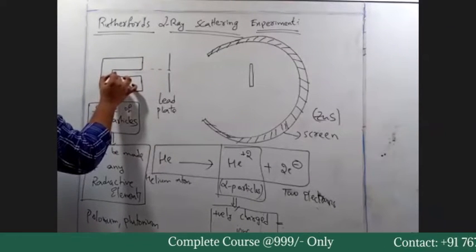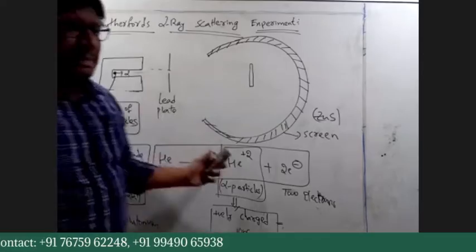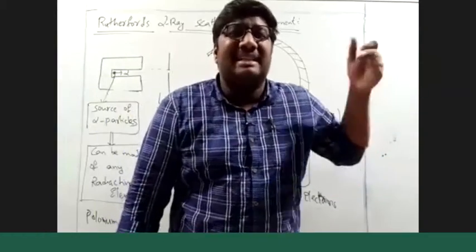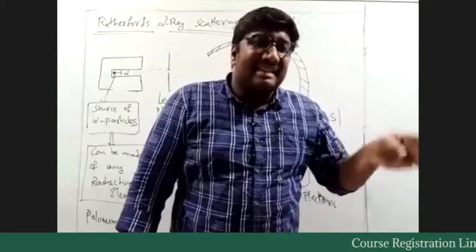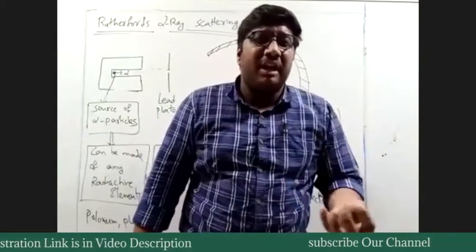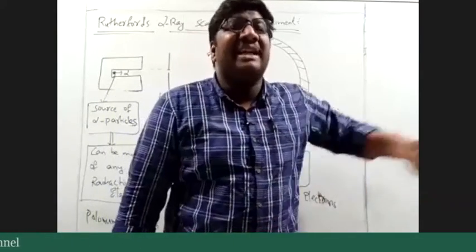here is the source. The source is giving out alpha particles. It has velocity in different directions. I am not able to decide the direction. We cannot decide the direction of the alpha particle which is coming out of the reaction. We cannot restrict that particle. It can move in any direction.